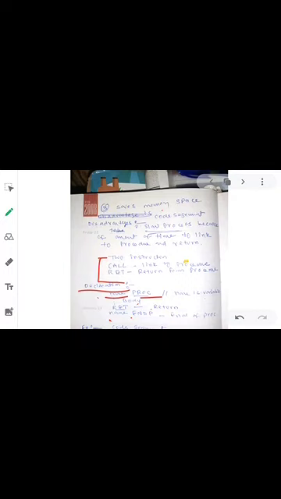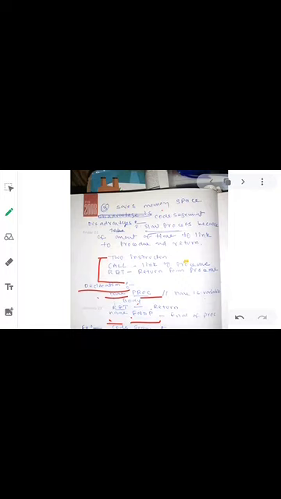Then we have the body, where we have all the instructions to perform that task. Then we have the RET, which returns to the main code. Then we have to end the procedure: again the name of the procedure and ENDP. Already we discussed PROC and ENDP in the assembler directives.